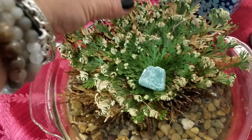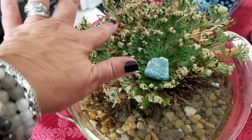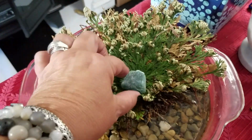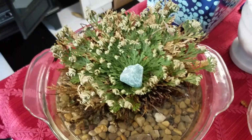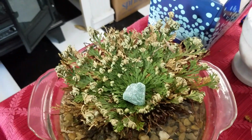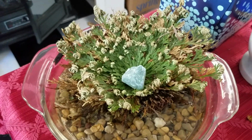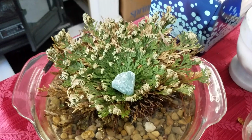But as you can see, she has lush greenery and these little white endings, and she has bloomed beautifully. And lo and behold, in the center of the plant, just as promised, this is a piece of green aventurine. And aventurine, as you probably already know, is one of the foremost stones for new beginnings. So this particular Rose of Jericho may be telling us to take a moment and think about some new beginnings